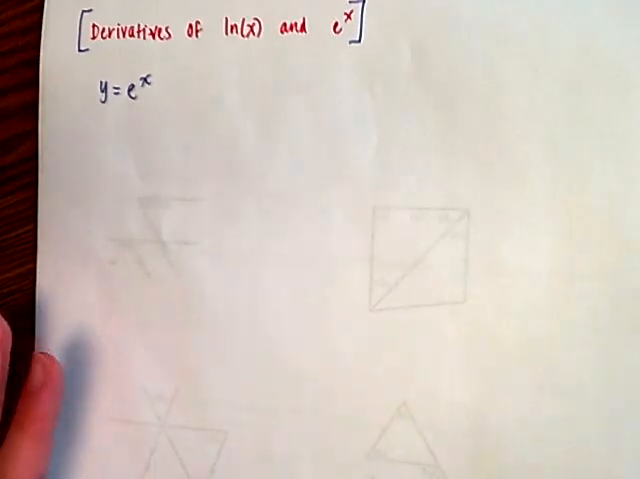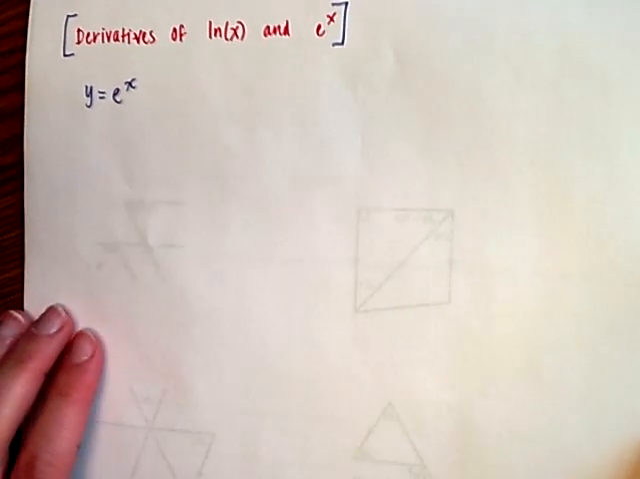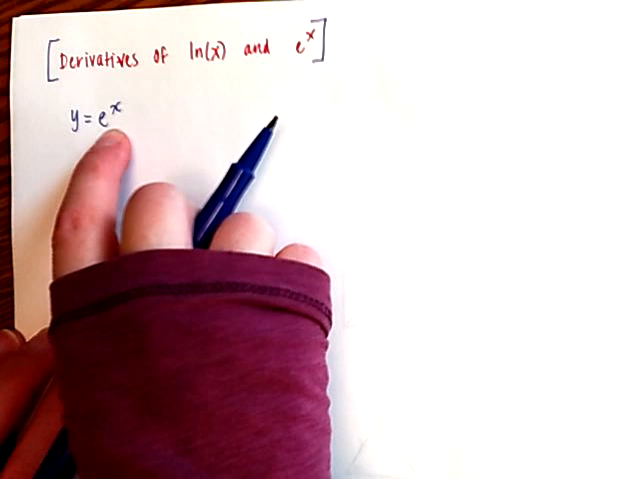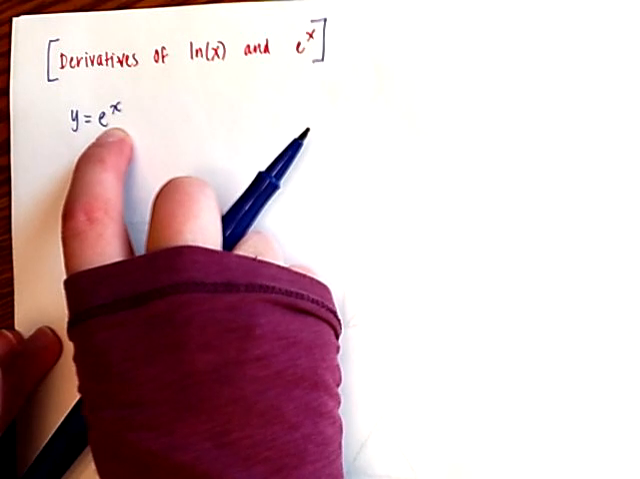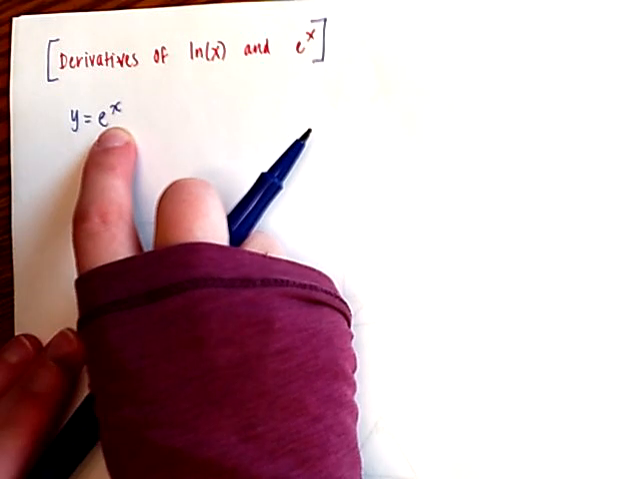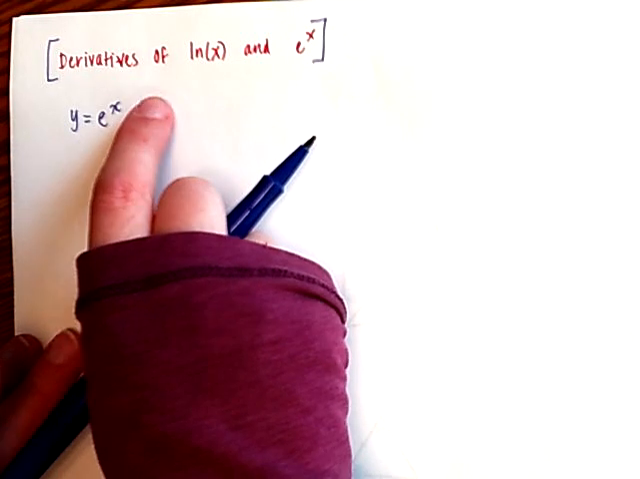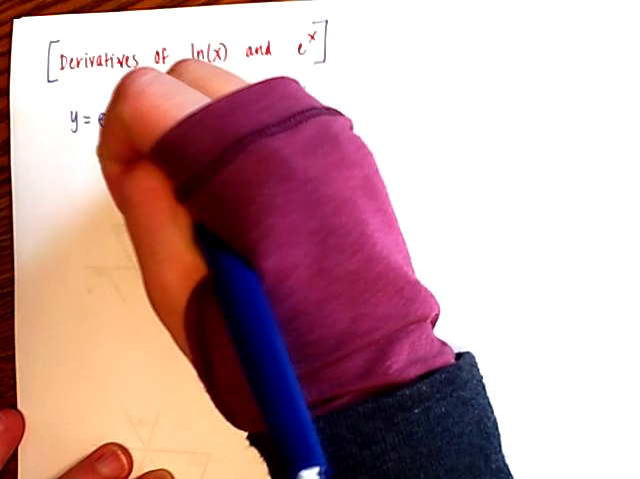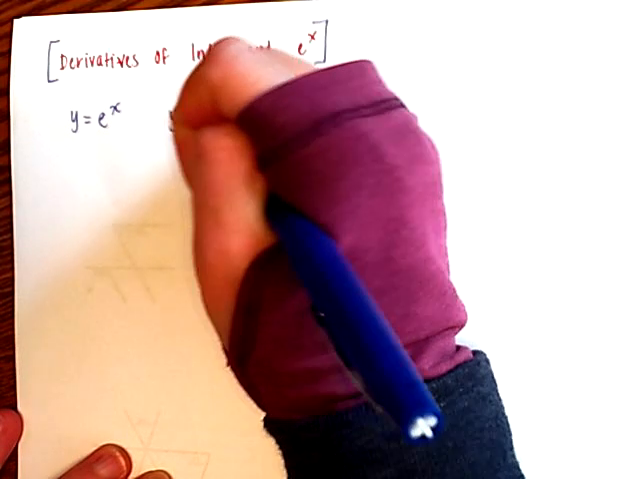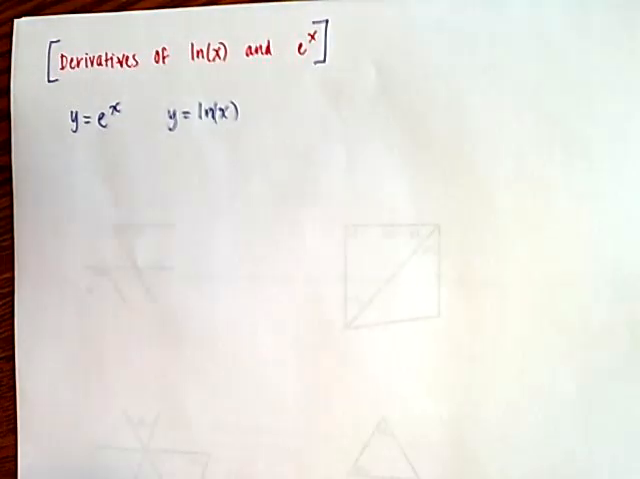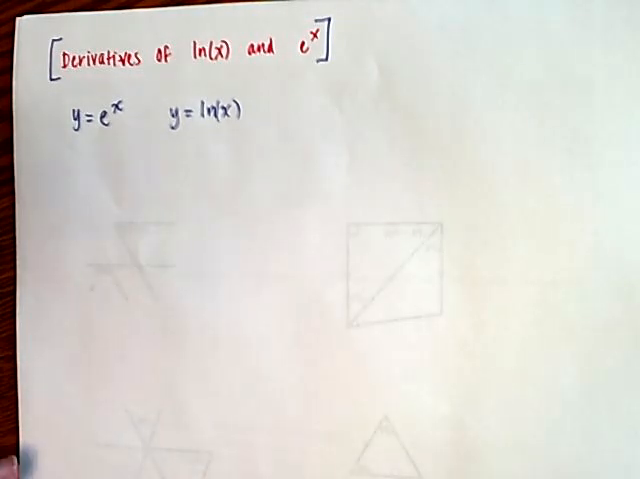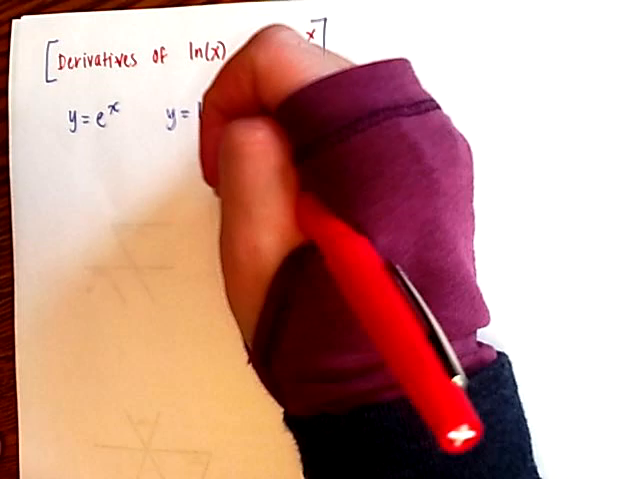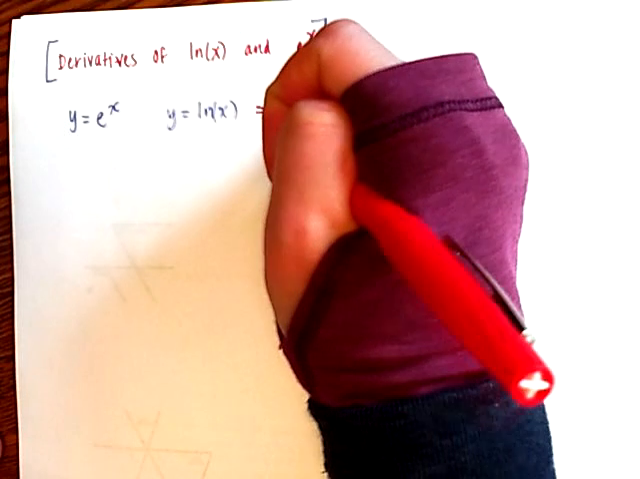E to the x is an exponential function that's commonly used in real-world applications. And remember, e is just a number. E is like 2.71 something. It keeps going. So this is a number raised to the x power. And then if we have another function y equals ln x, the meaning of ln x is the natural log of x. It's the same thing as saying log base e